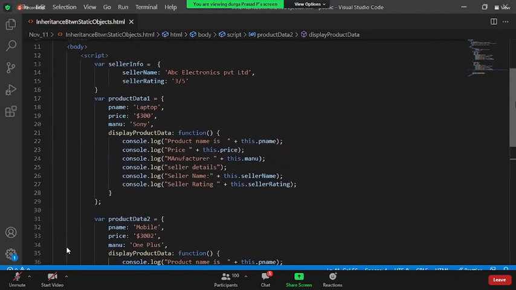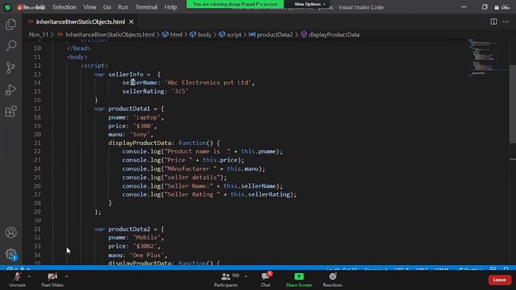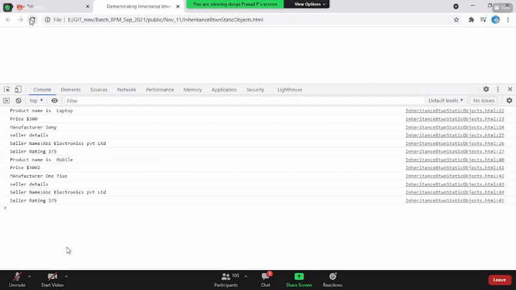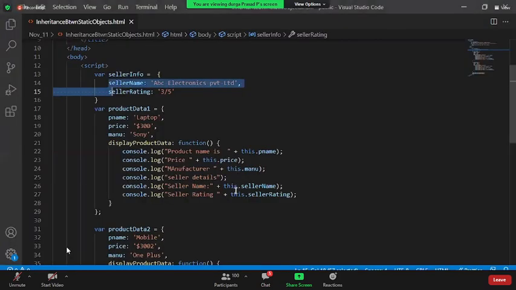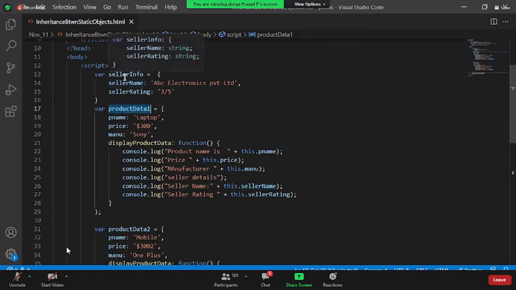The advantage you see is no repetition of the code. Whatever seller data you have, you made it a separate object. Okay, super fine. Now, if you save this, come back over here and reload the page, do you see the seller details are coming as undefined for both of the products? Yes. Why? When we say this dot seller name, is it not going to search for the seller name key under product one? Right now it is not available. Seller name is a separate object.